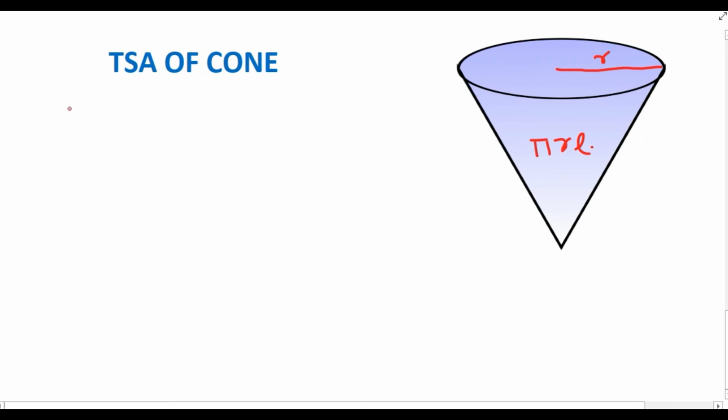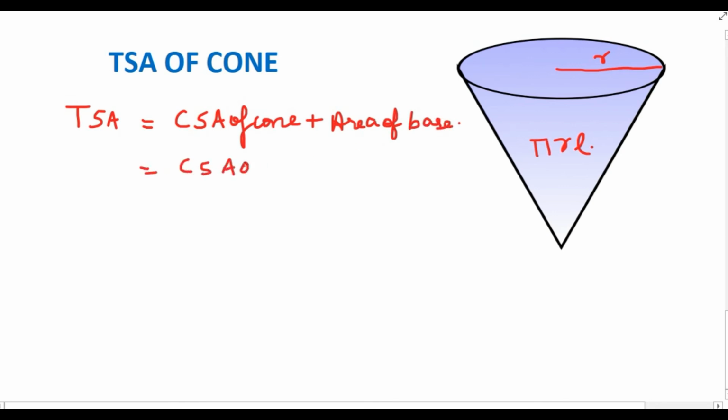So total surface area of a cone is actually curved surface area of the cone plus area of the base, and we know this base is in a circular shape, so CSA of the cone plus area of the circle, and we know the area of the circle is pi r square,